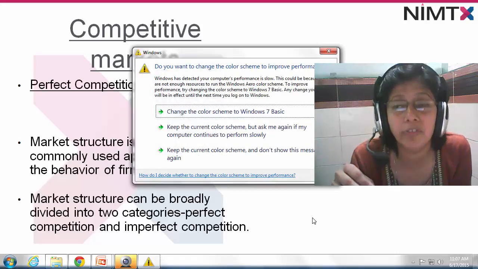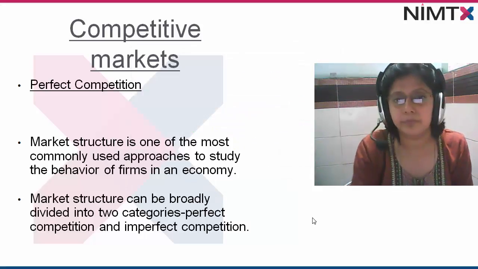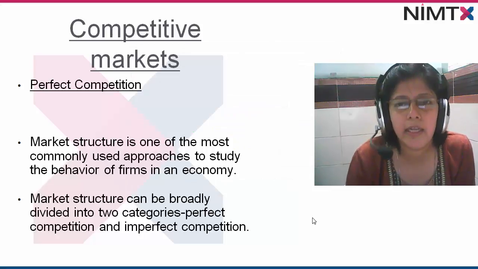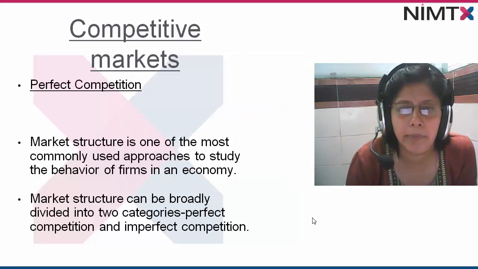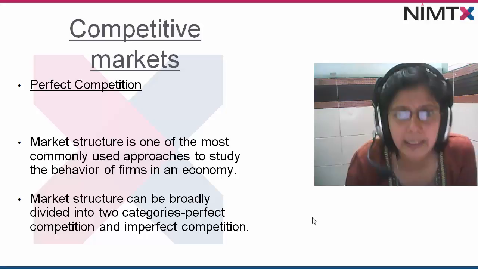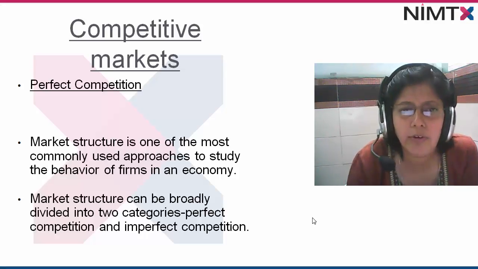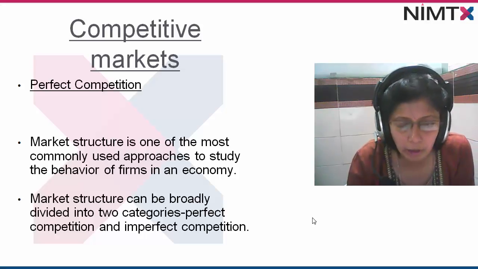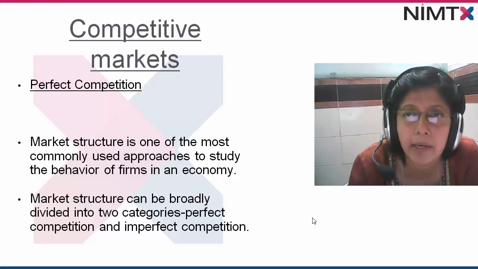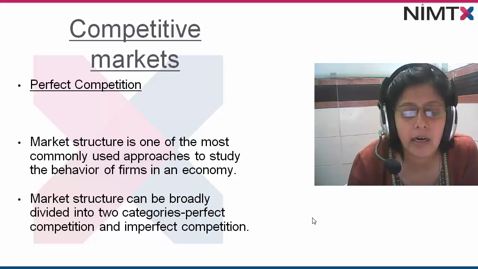Imperfect competition is of three types, that is monopoly, monopolistic competition, and the third one is oligopoly. First of all, we will talk about oligopoly. Oligopoly can be defined as a market structure in which there are a